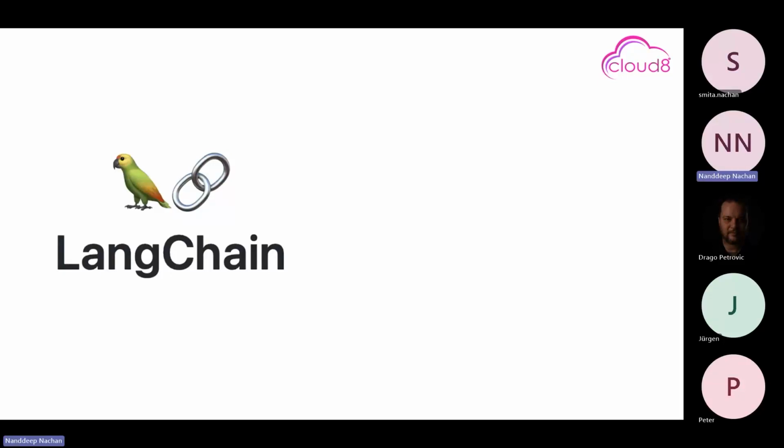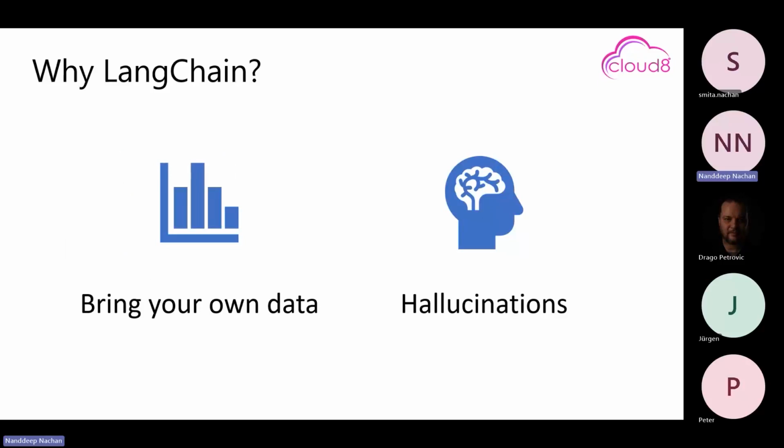So quickly, why should we go ahead and use LangChain? First thing, obviously, we want to bring our own data. That's the reason we can go ahead and bring that using LangChain. Second thing is, for example, if you have seen in the previous demo, we were 100% relying on Azure OpenAI to generate the questions and answers for us. But we cannot be